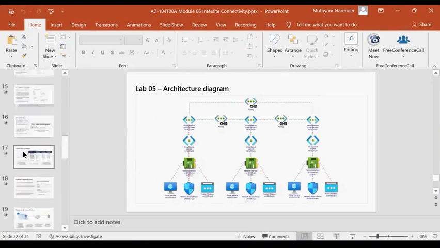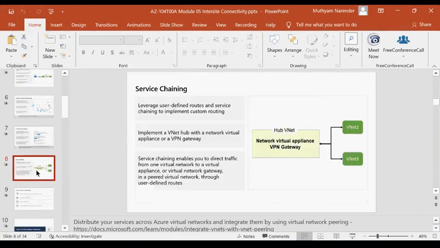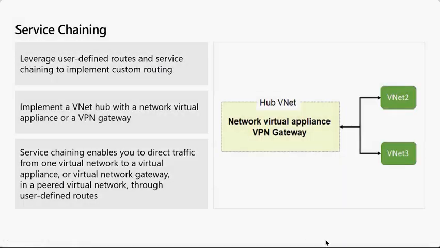And going back, there is one more topic called service chaining. Service chaining is nothing but using a VPN gateway in between, and once you have a VPN gateway in between, then you can go ahead and implement service chaining, right? It leverages user defined routes, whenever you want to implement something called a network virtual appliance, and whenever you want to take control of diverting your traffic. Then we need to learn about routing, and that routing we will learn when we meet again next week. But ultimately, there is some process called service chaining.